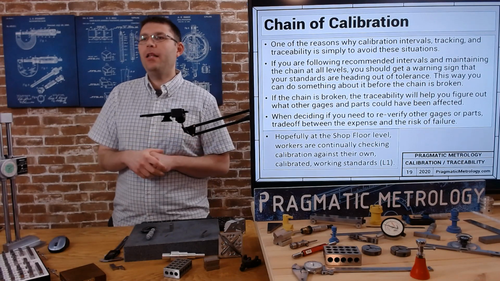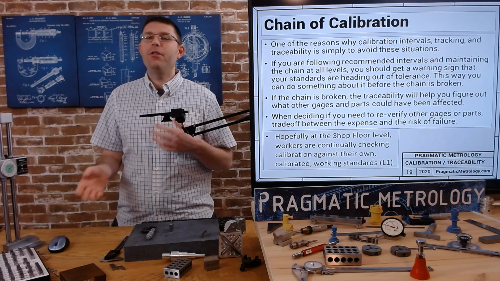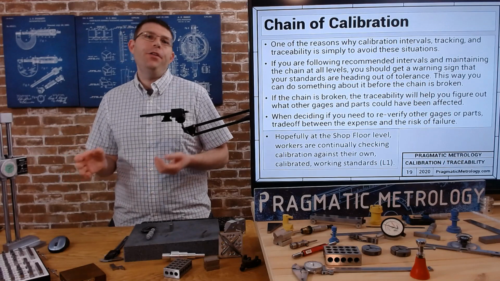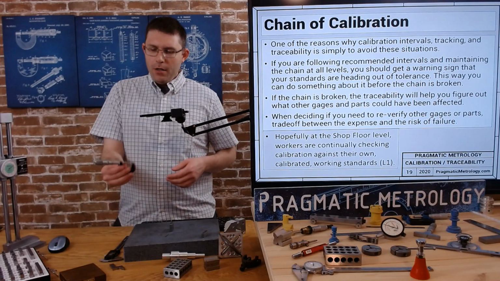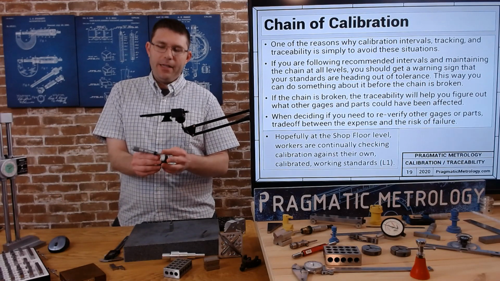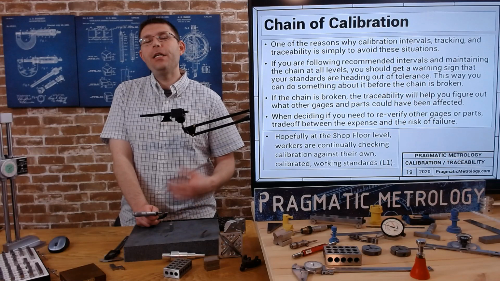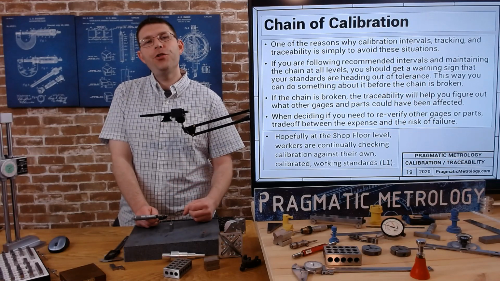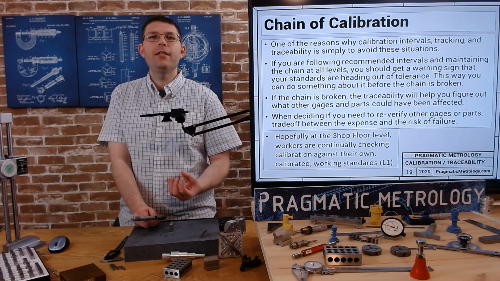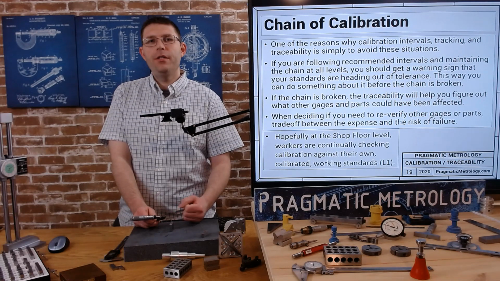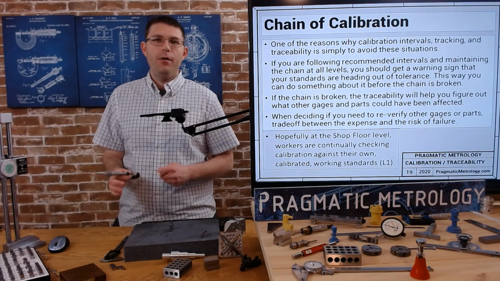Then, that fourth bullet point, when deciding if you need to re-verify other gauges or parts, there's always a trade-off between the expense of that and the risk of it causing a problem. So I'll give you an example: I go to verify this micrometer and it's out of tolerance by 3/10,000ths, which is large for a micrometer. But you think to yourself, all right, is 3/10,000ths of an inch going to affect my final customer? If my parts are reading differently by 3/10,000ths of an inch, is it going to be a quality issue for the final customer? You get together and you discuss and you look at what parts were made with this micrometer,